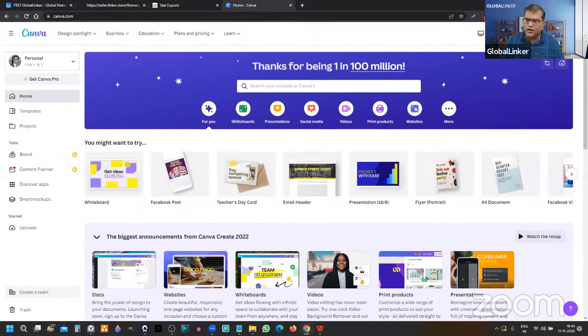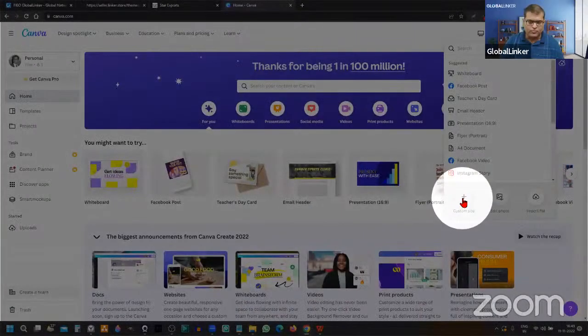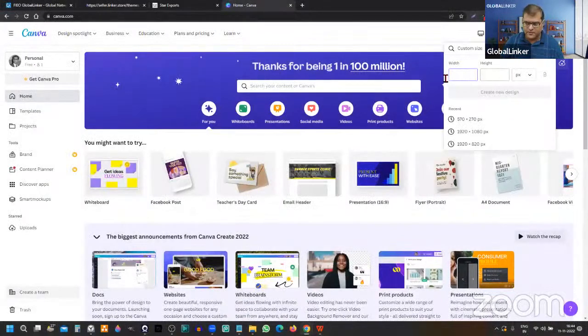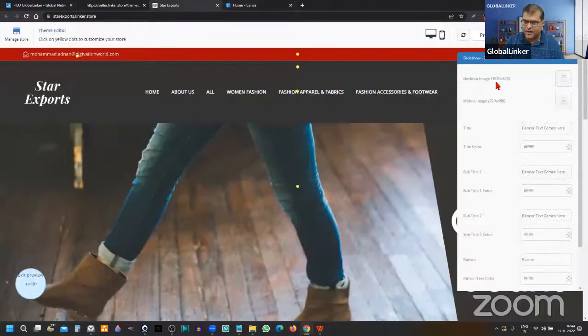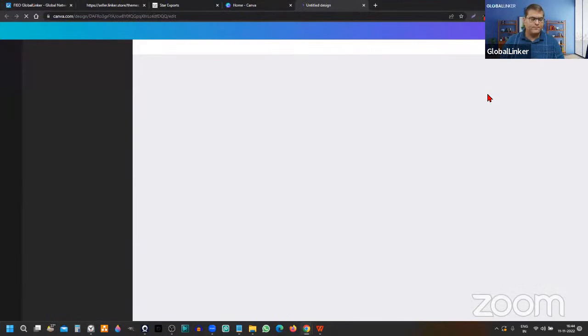All right, now to create the banner, we have to click on this option, which is Create Design, which will open this overlay. And here we have to click on Custom Size, which will open this field. And here we have to type the dimensions that we have read earlier, and those are 1920 by 820. Let's reconfirm that. It is written here, and I'll go back there, and it is 1920 by 820 pixel. We have width first, after that height, and now we'll click on Create New Design, which will open this blank